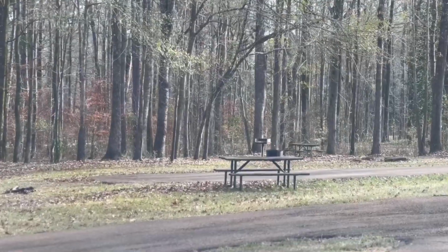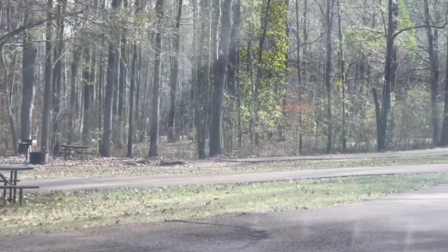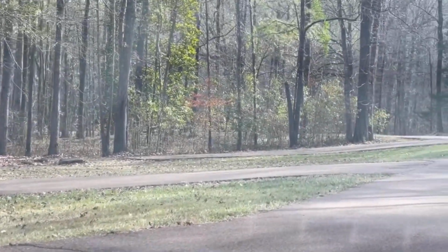Moving on from Owens Creek was Rocky Springs. Now this is a campground area that you can stop at if you're pulling your RV, or if you've just got a tent, or if you're riding your bike. These are just some of the sites. We're just going to be driving in the truck. These are some of the sites here at